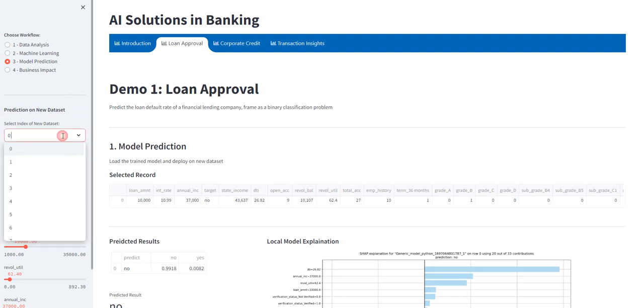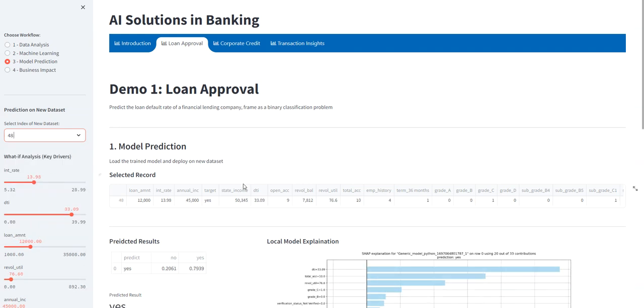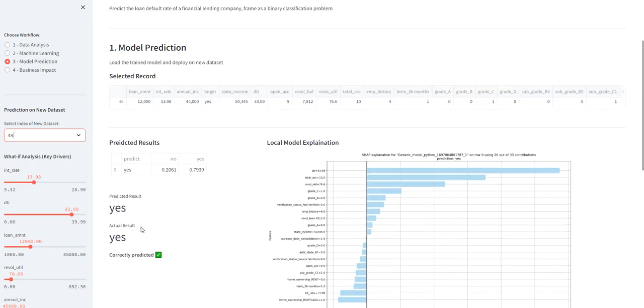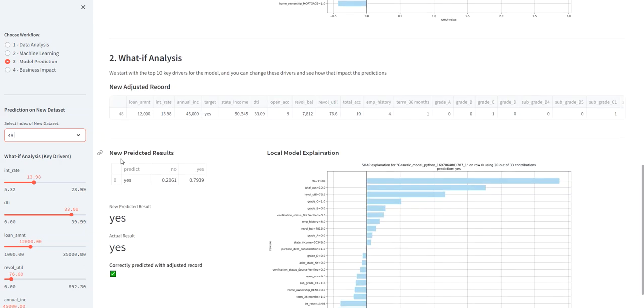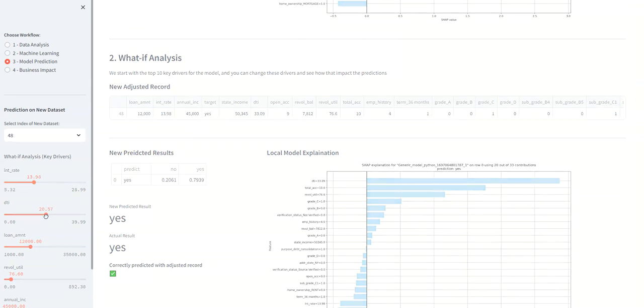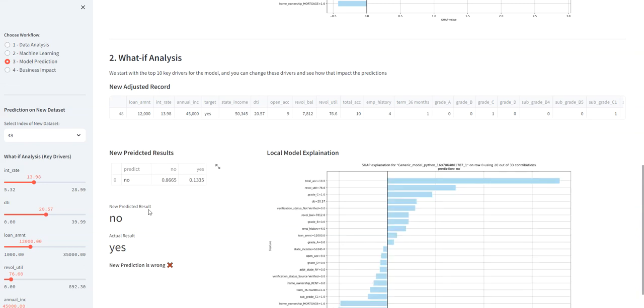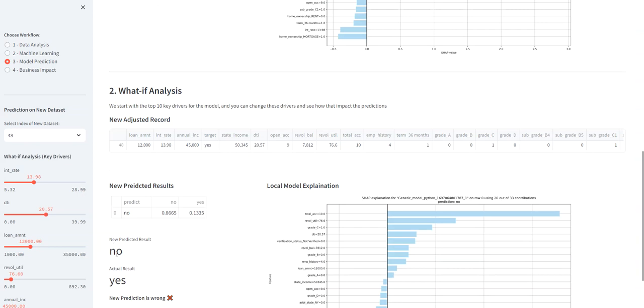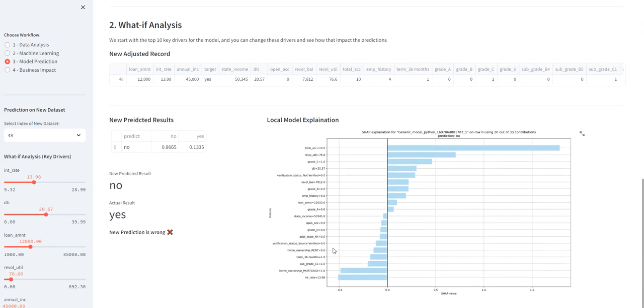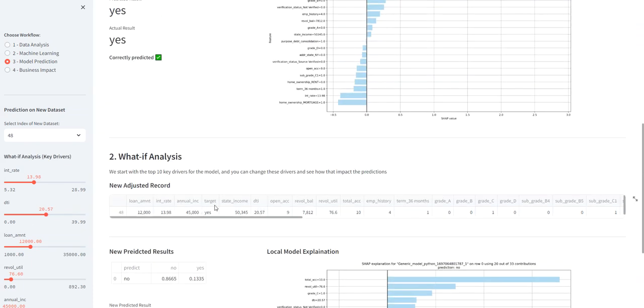Vice versa, you can probably select a bad example, right? You start with a bad loan. This person is a bad loan, a loan default, from the start, and we can adjust in the what if analysis. In the sensitivity analysis we can try to adjust. Okay, what if we improve this person's debt to income ratio, make it lower, and what will happen, right? This will become, from a bad loan to start, he or she will become a good loan. If you turn just one knob, the debt to income, to the lower end, you definitely can improve the results for this person, right?